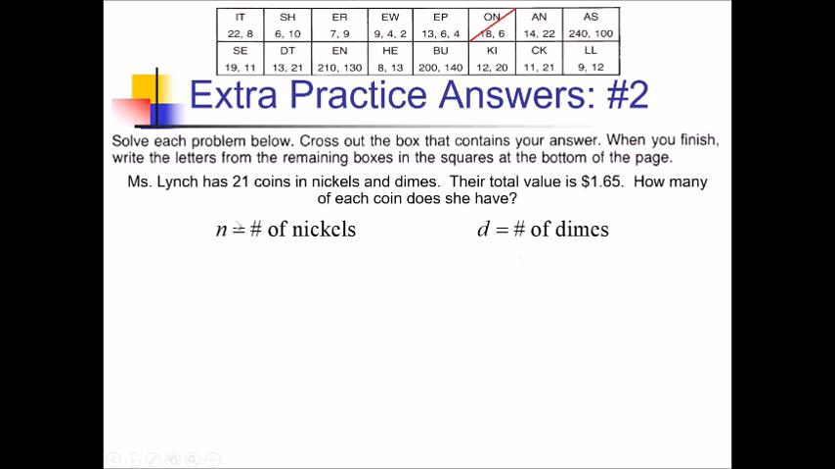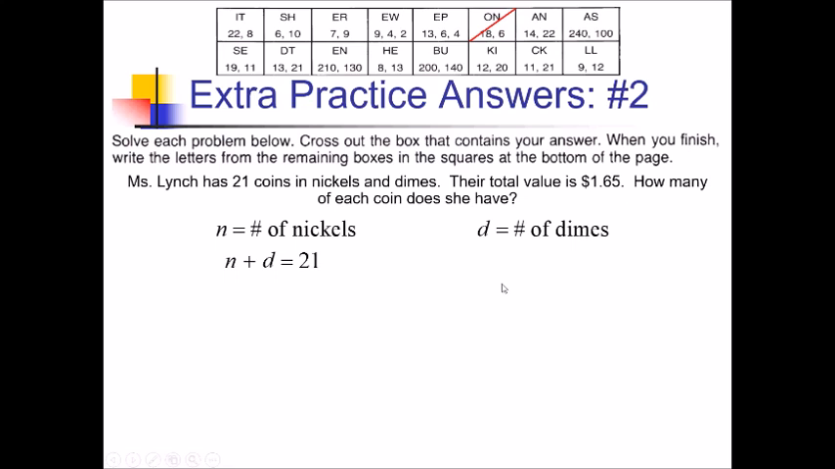So that means the number of nickels plus the number of dimes, n plus d, has to add up to 21. We also have this equation about the total value being $1.65. So the value of the nickels plus the value of the dimes has to be 165 cents. To make my life easier, I'm going to put all of this in terms of cents so I don't have